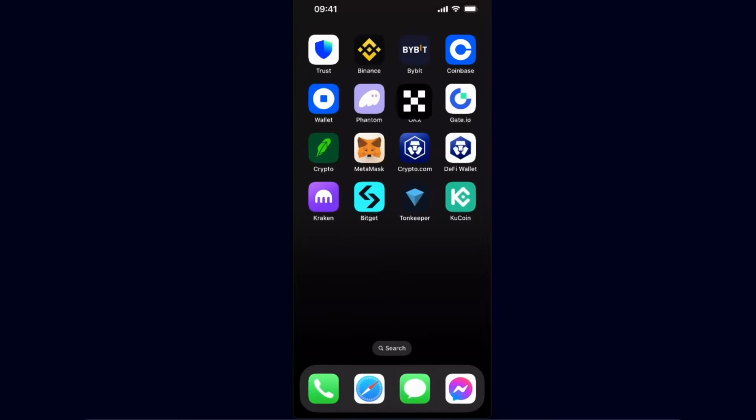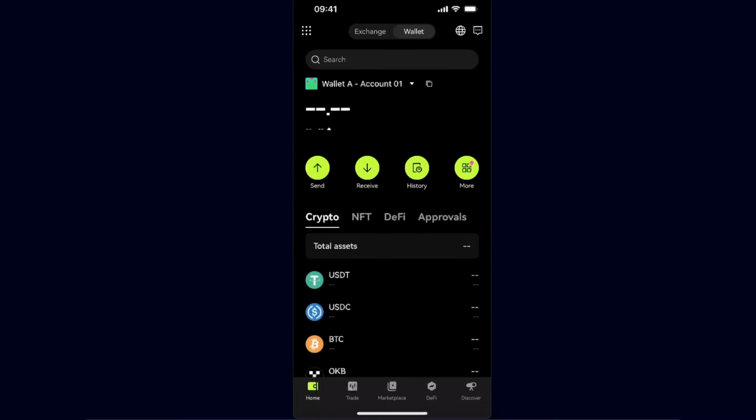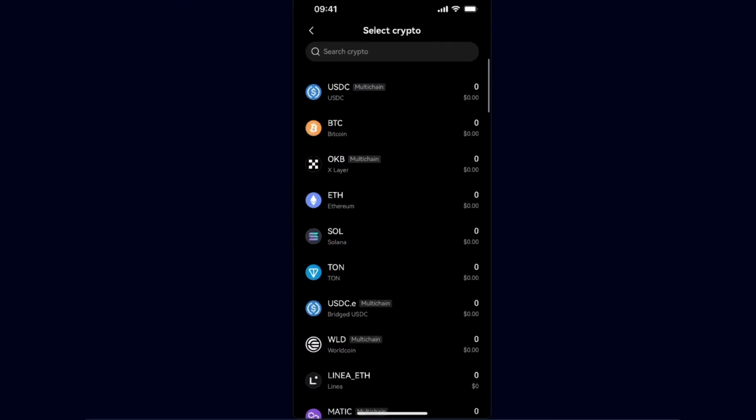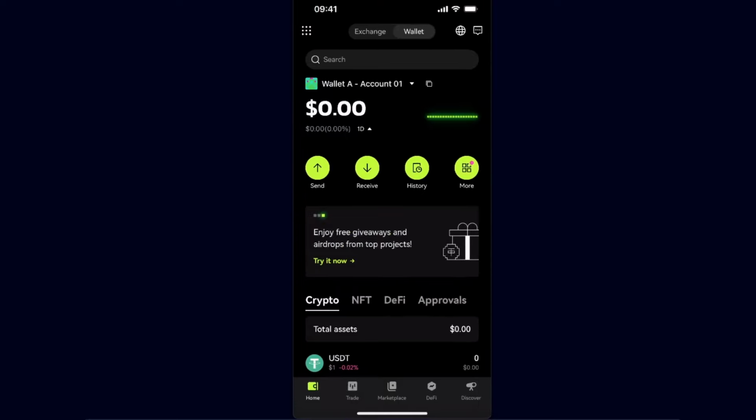Now you want to go to your OKX, and on OKX wallet you want to go ahead and click the receive option. To receive you want to choose TON, and here you will have the address of your OKX wallet. You want to copy it, and after that you want to go back to your Telegram,